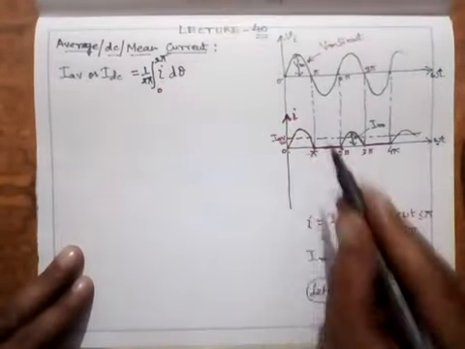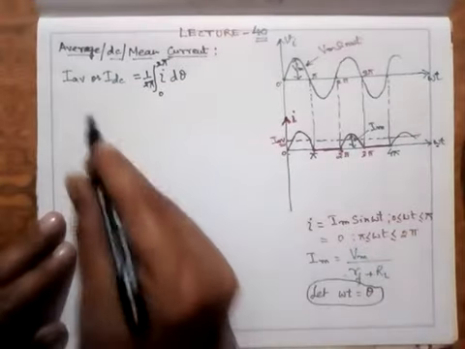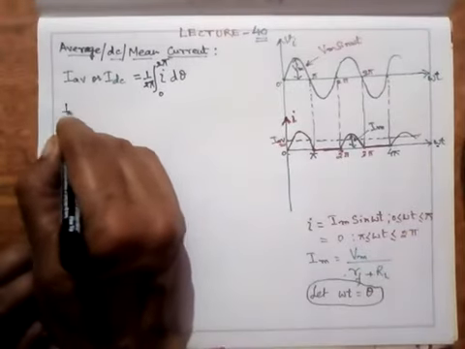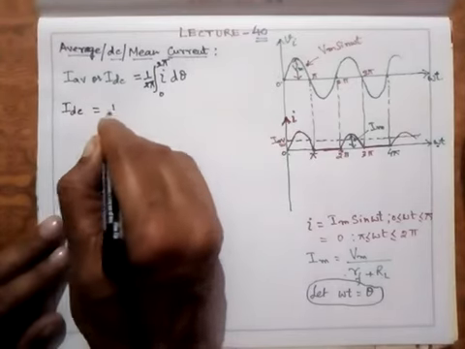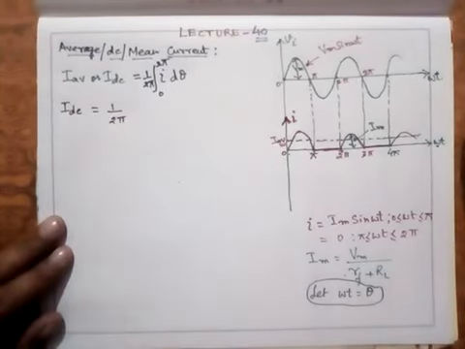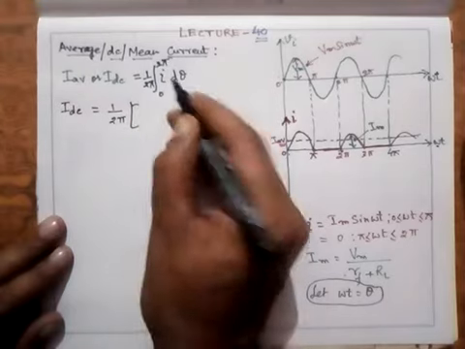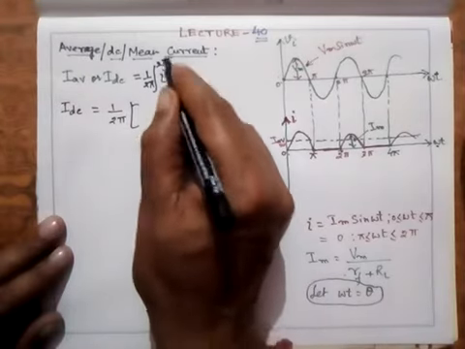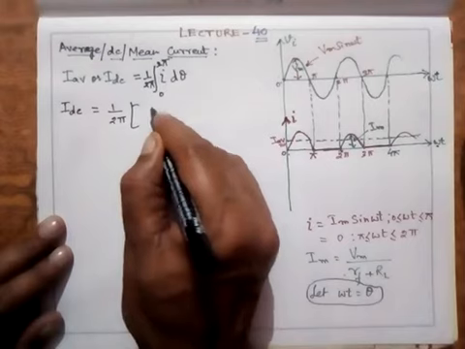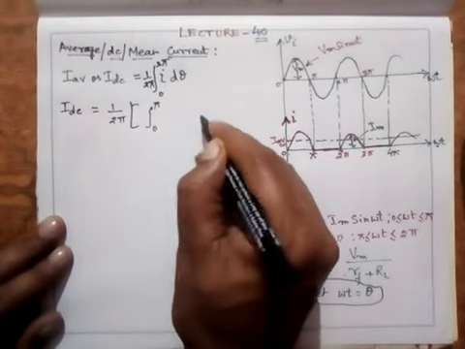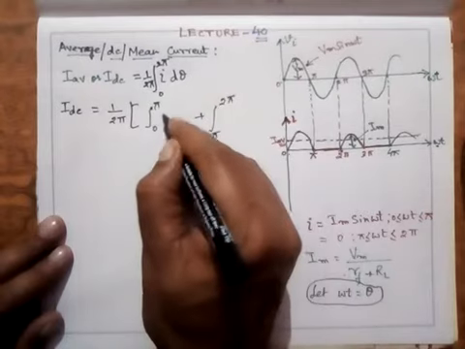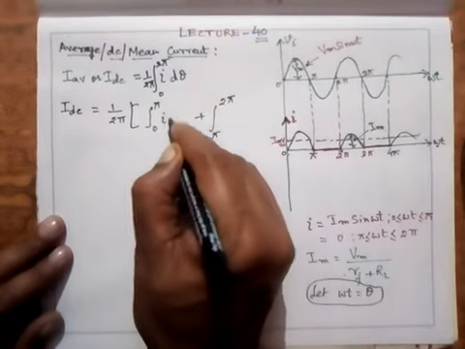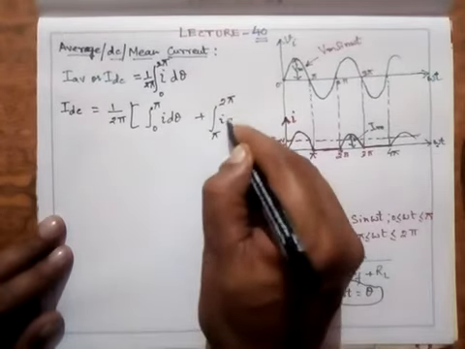So here it is integration over one period divided by the time period. So it is equal to this much. And now I can say that the value of this I DC, or it can be I average also, is equal to 1 upon 2 pi. I break this integral by the property of definite integral, 0 to 2 pi, as 0 to pi plus pi to 2 pi, of I d theta.